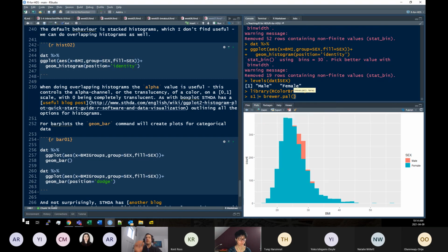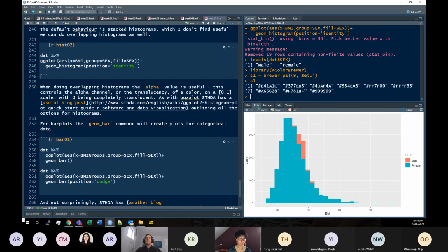Dot. I just want to put... I need a hex code, and I'm blanking on another way to do this. Set 1. So these are the 9 hex codes that are part of the first palette for the RColorBrewer library. So if I were to just do a histogram of sex,